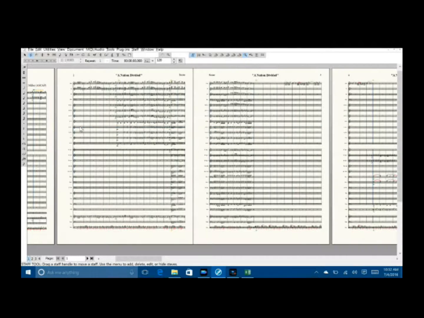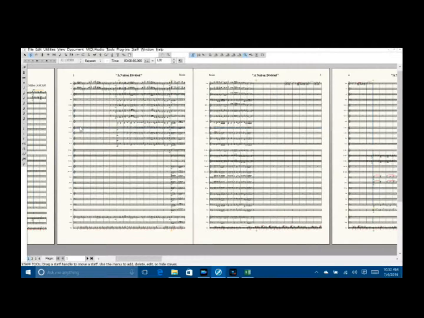And I think what I might do is go down and put a little bit of space between the French horns and the trombones. Now I know I've got trumpets, 1, 2, 3. I've got horns, 1 and 2, and the first trombone would be right about there. So let's hold the shift key, press end, and give that 7 spaces as well. 1, 2, 3, 4, 5, 6, 7.